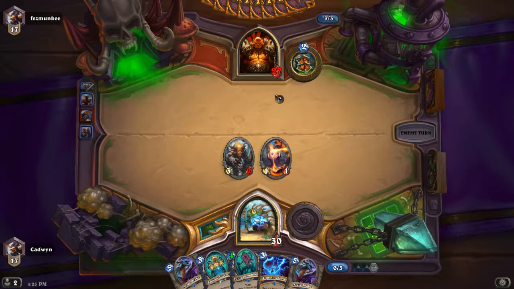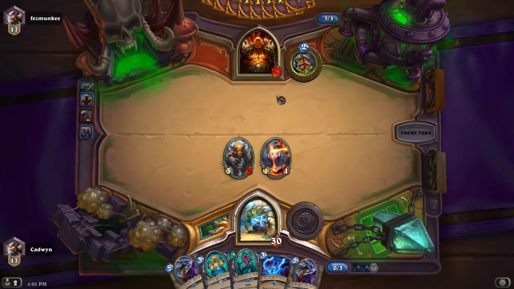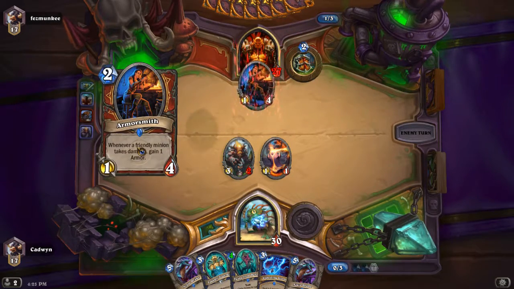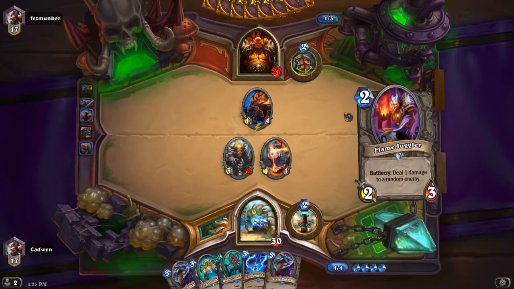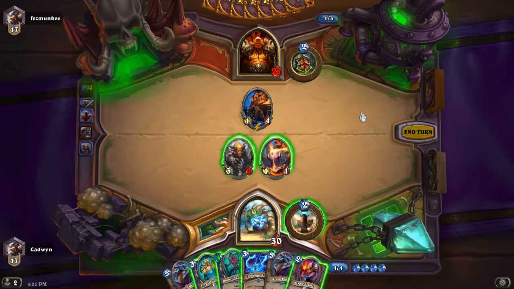Alternative plays are he has Fiery War Axe, and then doesn't develop anything else, but Fiery War Axe alone can't kill. Ooh, Armorsmith, huh? Now that's interesting. At this point I'm wondering what else we can do. It seems like we're going to...